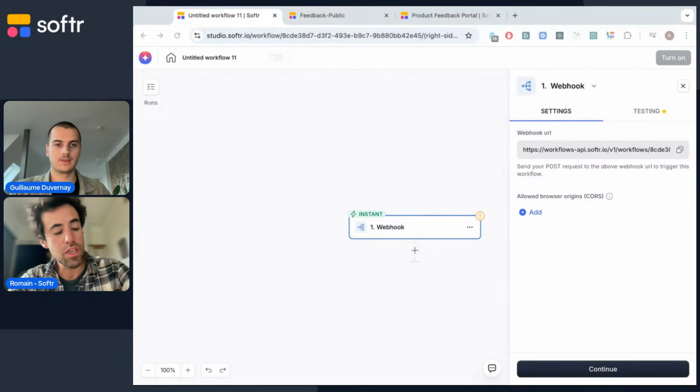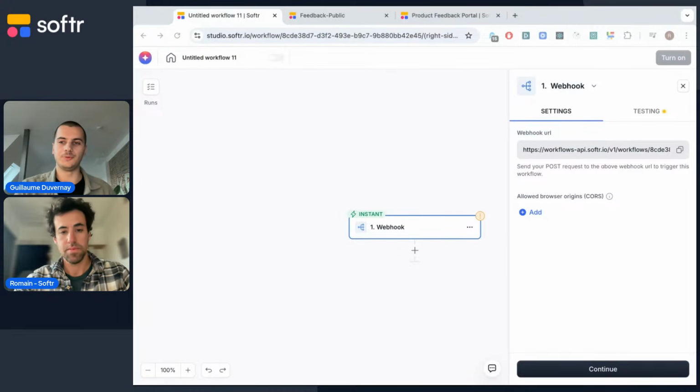And also, we will introduce very soon the ability for AI actions to also send attachments. So this is also something you could combine. Potentially, you could receive a file on the webhook and then trigger an AI action with that. What I would love to build is indeed a voice to text interface.